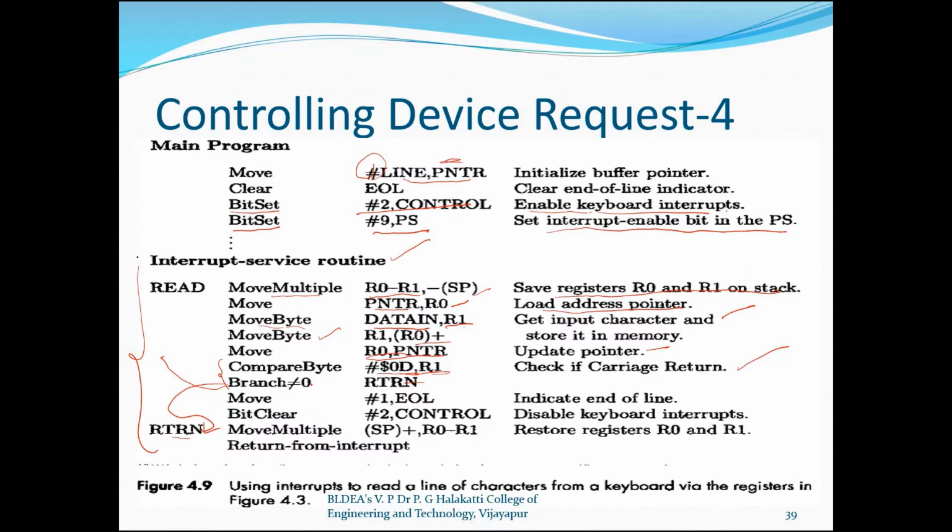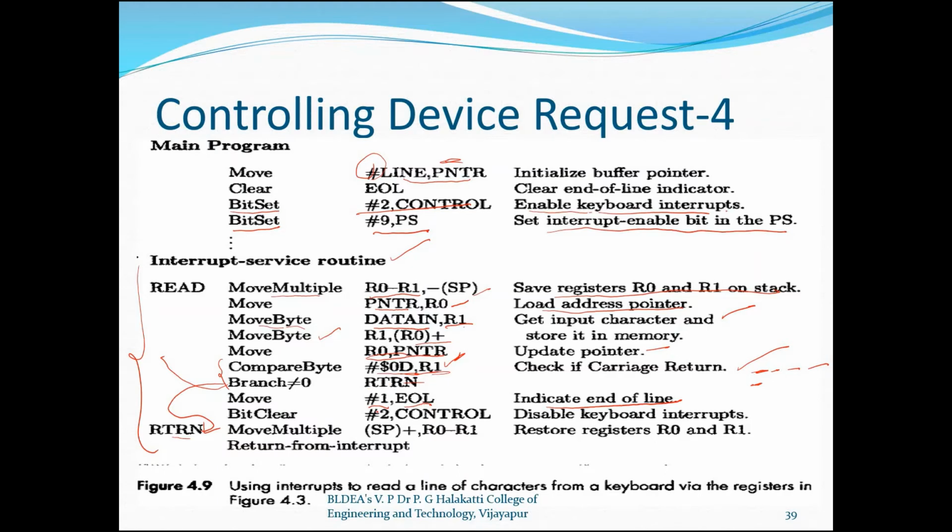Before that, we will see here. If it is not equal to 0, we have return. If it is equal to 0 or something else, then we assign that hash 1 to EOL, which is nothing but indicating the end of the line. Otherwise, it goes on repeating on the same line. So whenever this character 0D is encountered, it will move the cursor to a new line. Otherwise, it will move the cursor ahead on the same line.